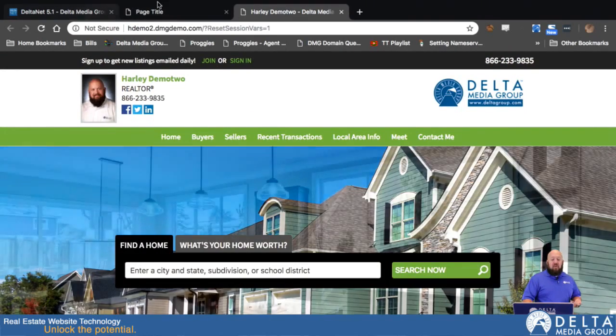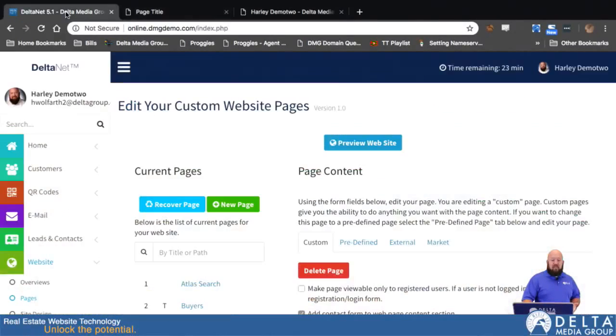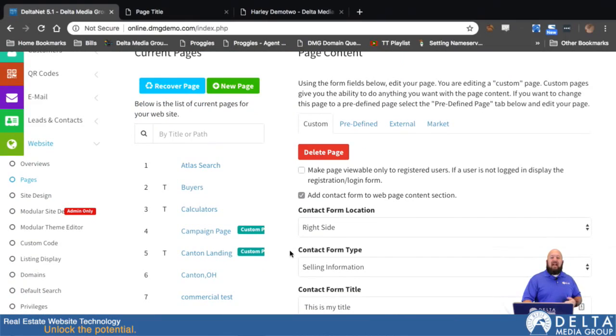All right. So that pretty much covers custom pages. Real quick, I'll just give you an idea what the predefined pages and the external links look like. And like I said, we'll plan on the market landing pages for another video. But if we look at predefined pages,